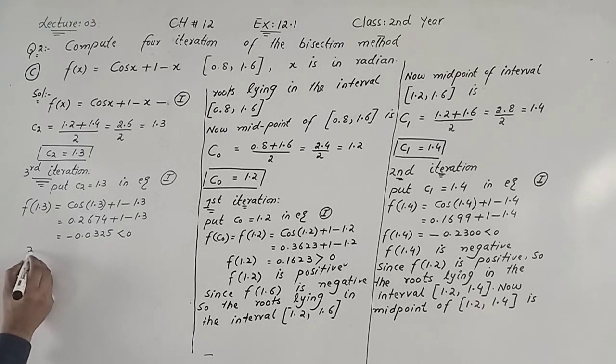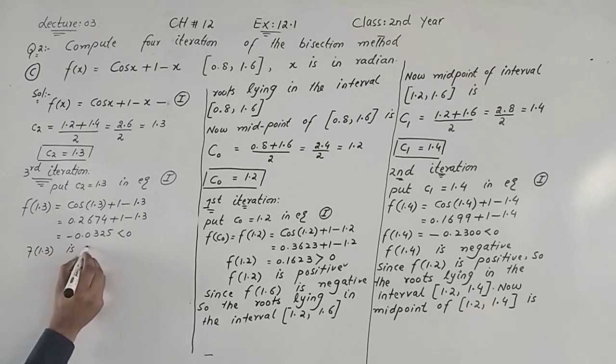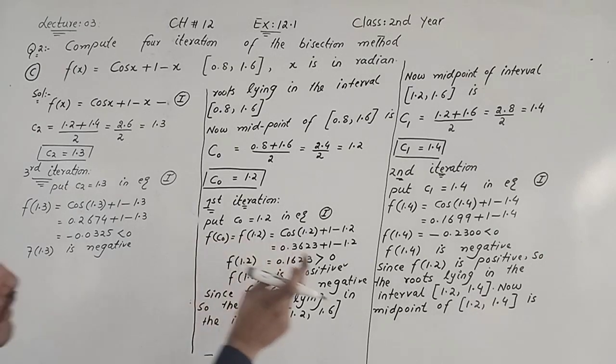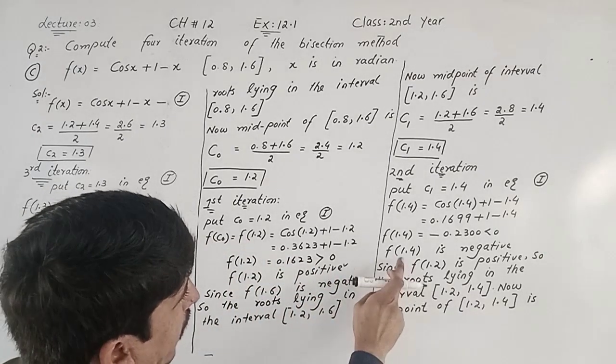So f of 1.3 is negative, अभी हमने इसका जो अपोजिट वैल्यू है हमने वो लेना है।